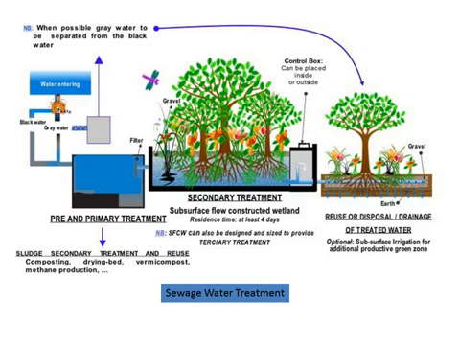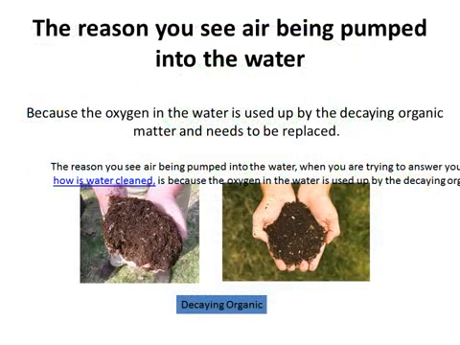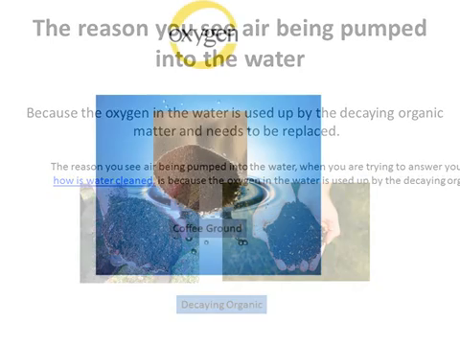Next, you will notice the water enter into a series of parallel, long concrete tanks, which are divided into a couple of sections. The first section you see is where you will see air being pumped through the water. The reason you see air being pumped into the water when you are trying to answer your question of how is water cleaned is because the oxygen in the water is used up by the decaying organic matter and needs